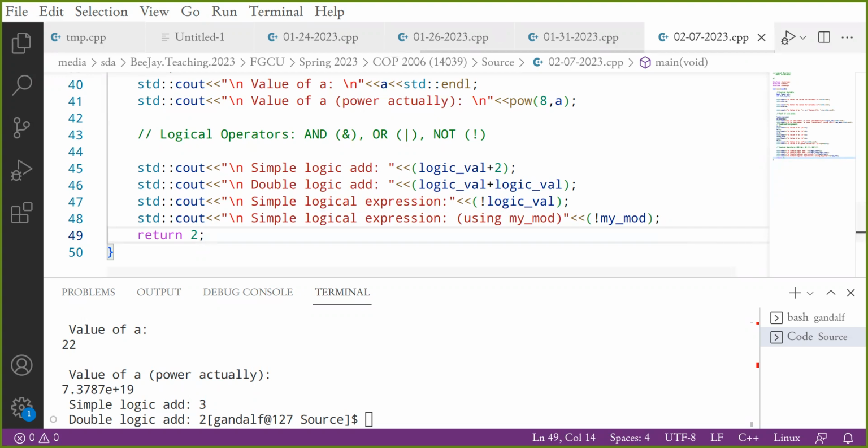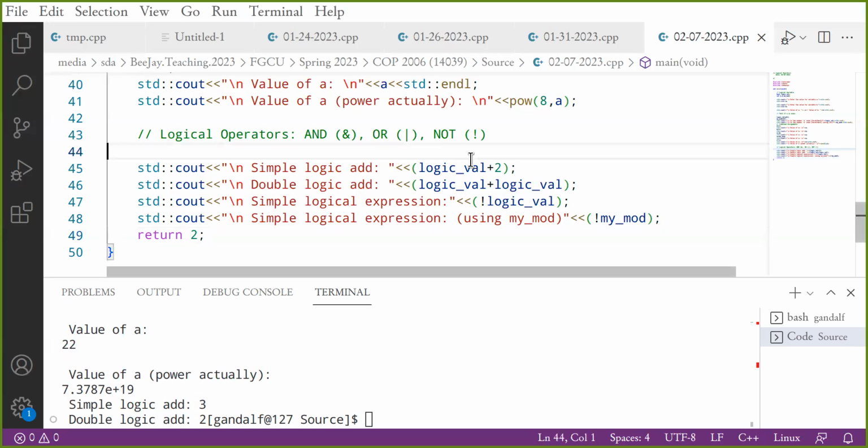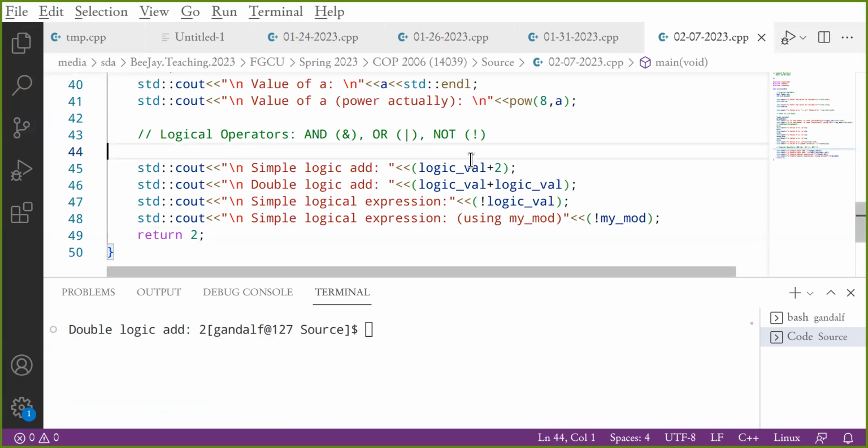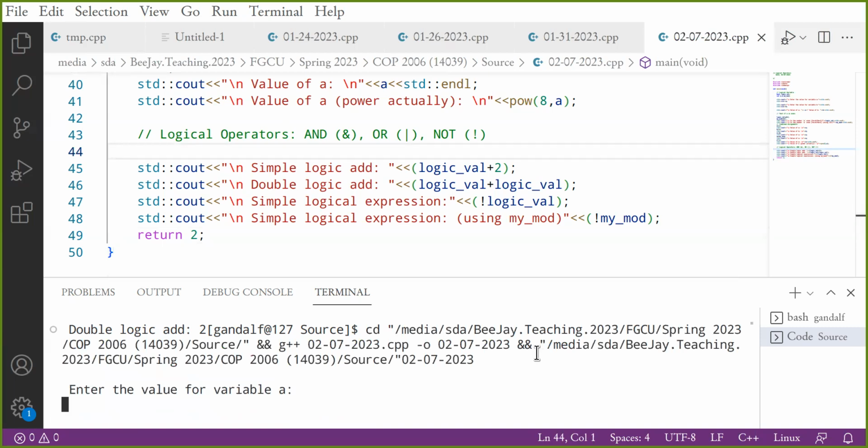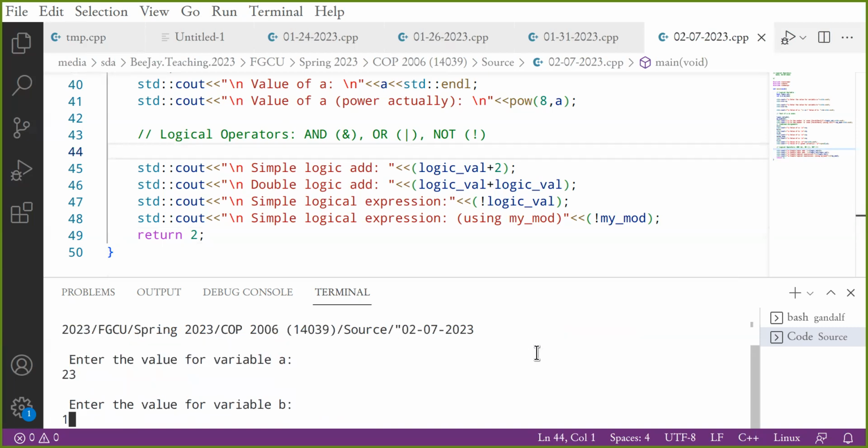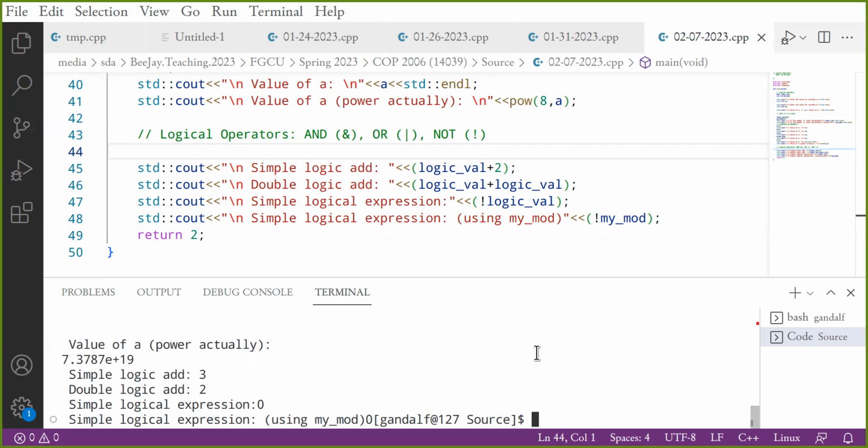Good. Save. 23 for A, 16 for B. I'm getting 0. The next one is also 0. No change. So